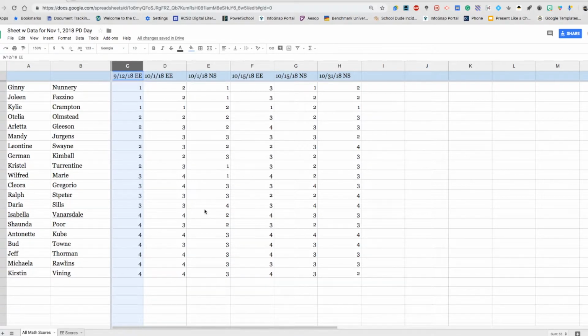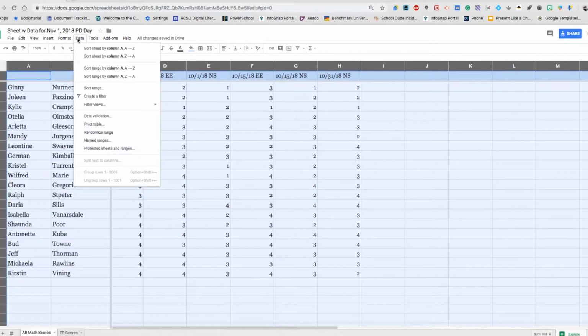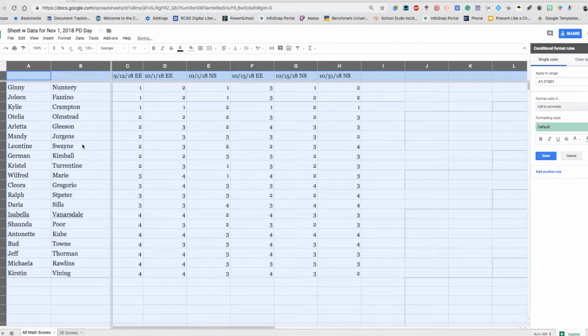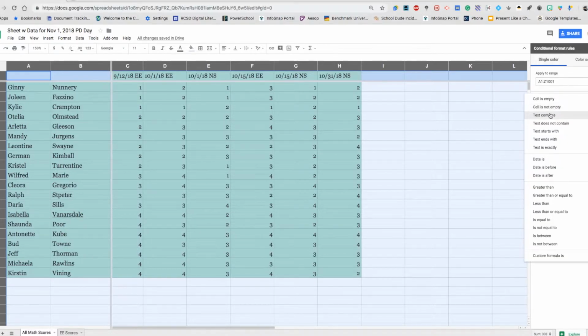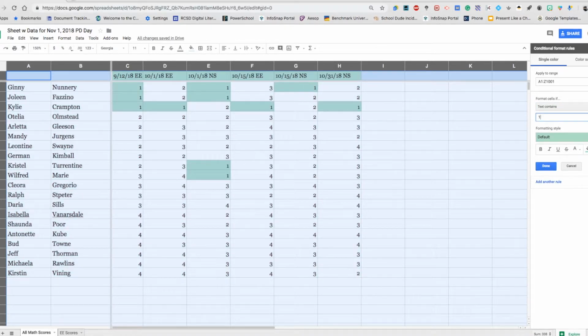Another thing you can do with data is what's called conditional formatting. And this is really helpful for teachers that you want to pop up. So let's say I want anyone that has a 1 or 2 to be red. So if I go up here, I'm going to select them all. And then I have a couple ways to do this. I can go to data and then format, and then conditional formatting. And what I can do is for any cell, so it's over here, any cell that contains a value of 1, I can have it pop up with a red. I'm going to do a lighter red just so